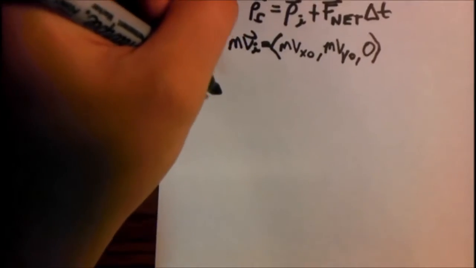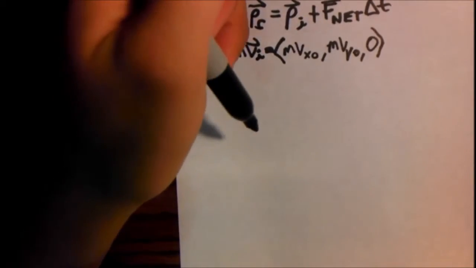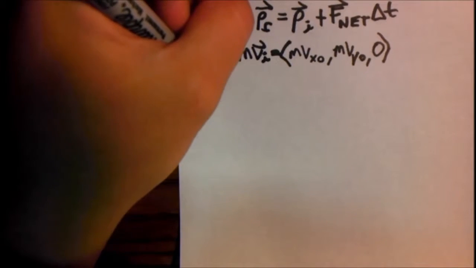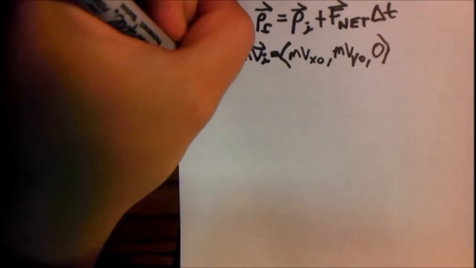So now substituting our F net in the equation in the momentum principle, Pf equals m vx naught, m vy naught, 0 for the initial momentum, plus F net